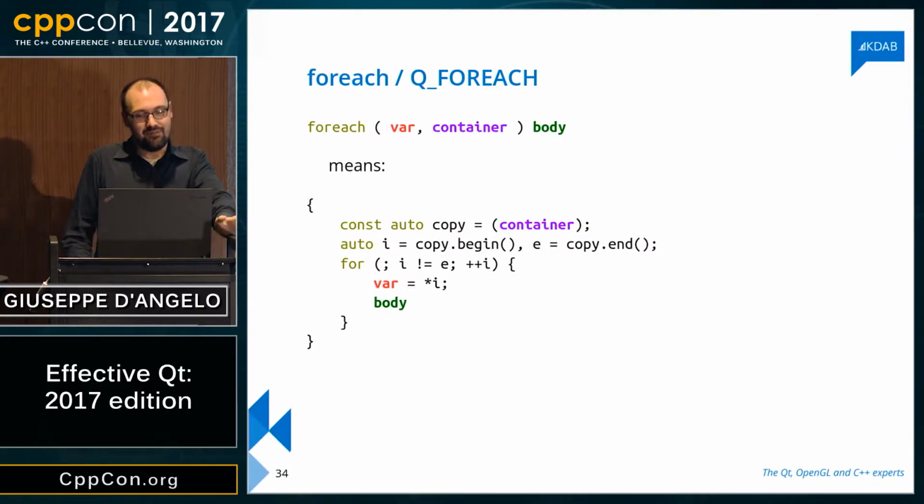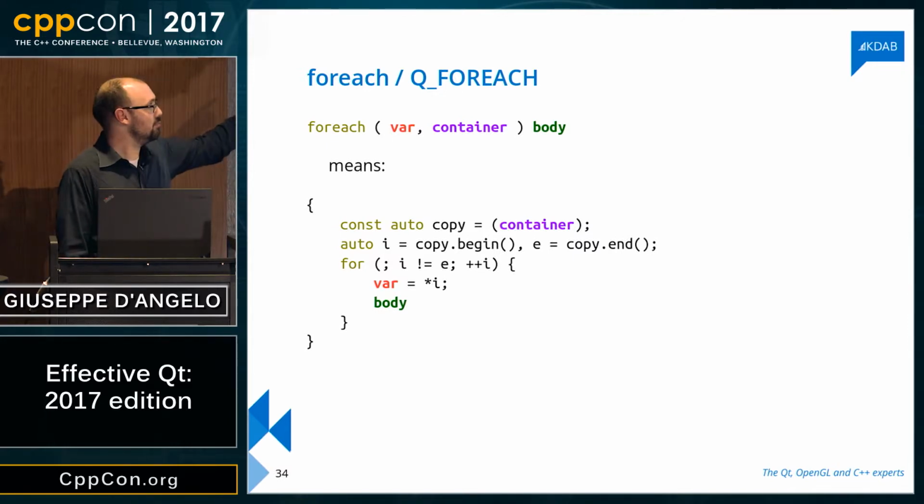Here's the very definition. Well, it's not the actual code, it's the exposition of Qt foreach. Again, this made sense in a pre-C++11 world where we did not have ranged for. So we had a macro that more or less expands to that. I got foreach variable container, and then the body of the loop. What foreach is going to do is evaluate the container expression and assign it to an object. So basically make a copy of the container.